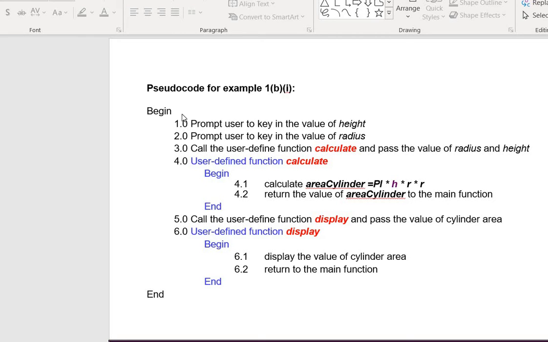Okay, so this is the pseudocode example for method B, the second method, where we are going to create modular programming. First we prompt the user to key in the value of height and get the value of height, and then the value of radius, and then we call the user-defined function, where I name the additional function as calculate and display. So at the third point here, I call the user-defined function from the main file and pass the value of radius and height